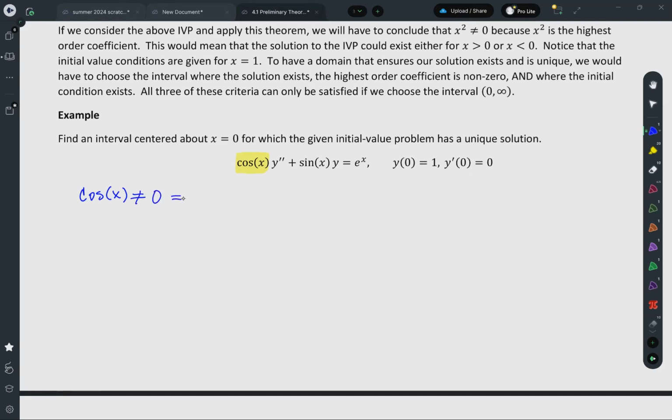And so what this means is that x cannot be any of the odd multiples of pi halves. So we could look at plus or minus pi halves, plus or minus 3 pi halves, plus or minus 5 pi halves, and really in general it's plus or minus (2k plus 1) times pi over 2. 2k plus 1 is the generic way to write the representation of all odd numbers. Okay, and so we just want an interval